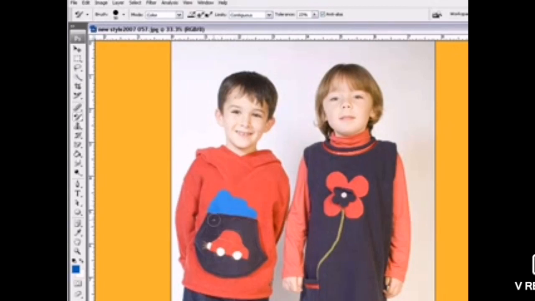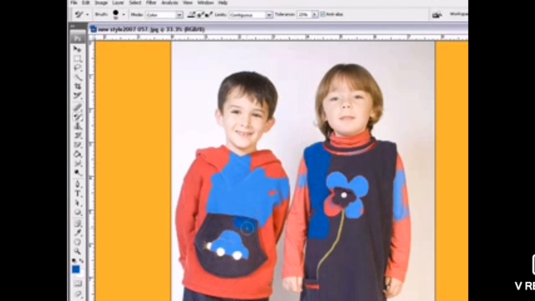So now I have selected the color option. Color option means what? Wherever the red color is there, everywhere the red color only will get replaced with the blue color. So you can see these changes. Now see students, I have replaced red color with the blue color. So wherever the red color is visible, there I have replaced it with the blue. So understood students how to use the color replacement tool?